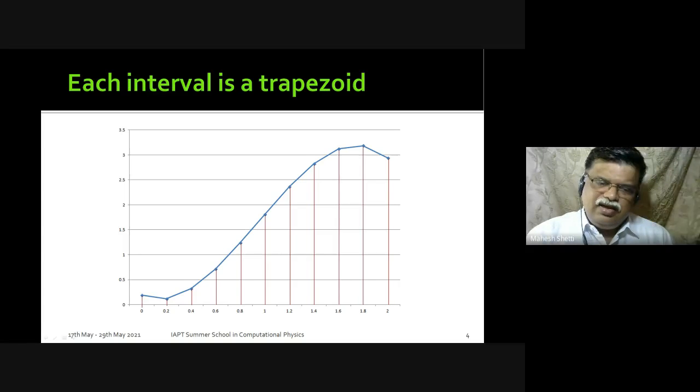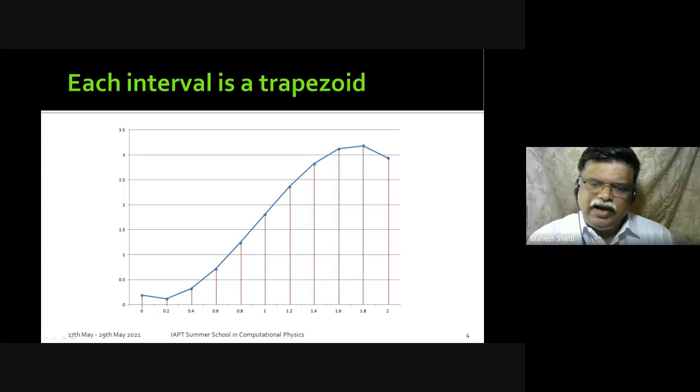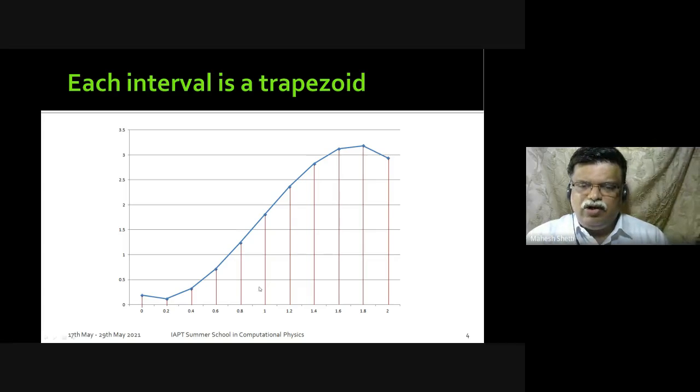Again, if the function is of oscillatory nature, probably it will be taken care of. But many times this works if I make sufficiently small intervals, and we'll see with some examples how this can be done. Now let us write the formula. Is there a way to write a formula for this?